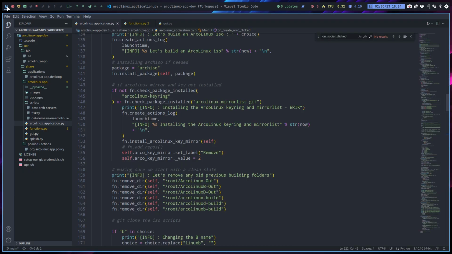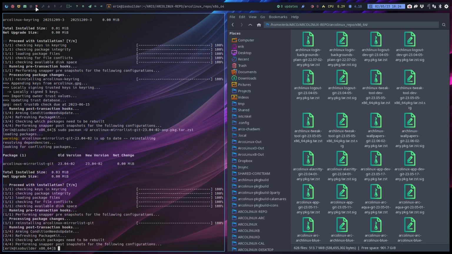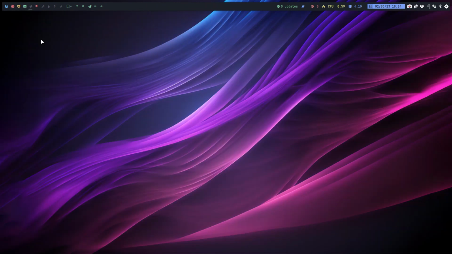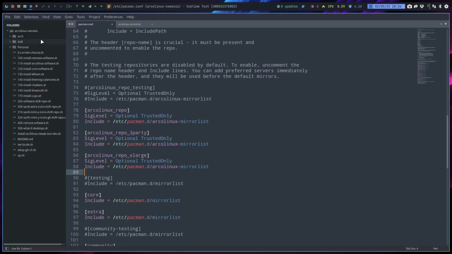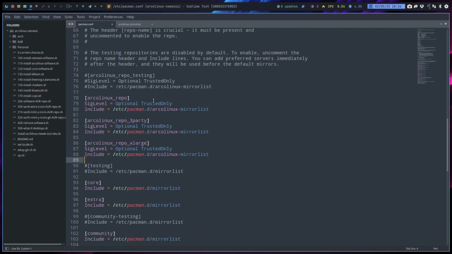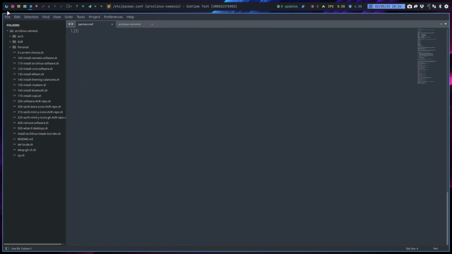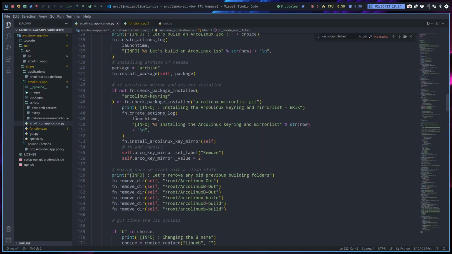And the other bit was the repo that got broken. How's my pacman.conf? That's what gets broken, I mean. The Sublime Text pacman.conf, looking strong, looking good. But if I add